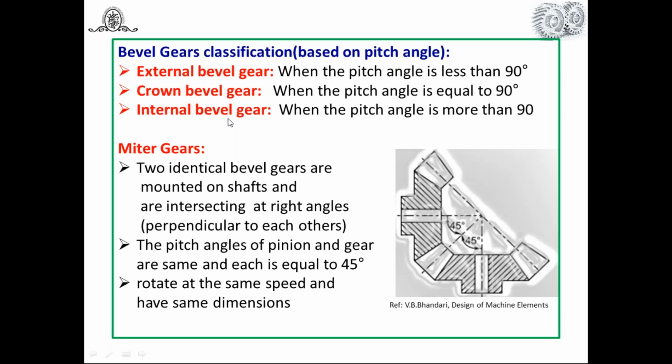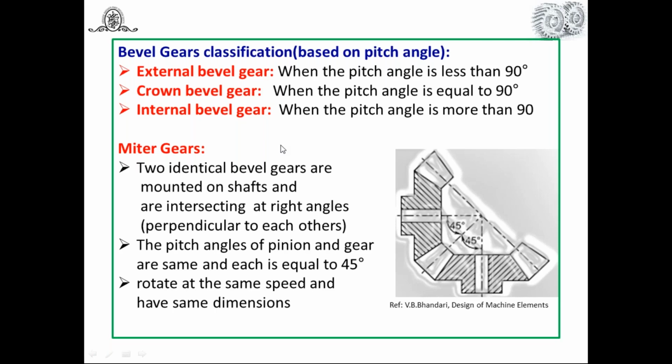Now we will see, first of all, the external bevel gear, when pitch angle is less than 90 degrees. Look at this figure. This is a simple one. This is the pinion, bevel pinion. This is the gear, and they are going to mesh at this point. This is the pitch point, or you can say the pitch line. The pitch line makes an angle of 45 with this axis, and the pitch line of this gear also makes 45 with this axis. So as per our statement, when this pitch angle is less than 90, that means here it's 45 for the gear, 45 for the pinion. That means it's an external bevel gear.